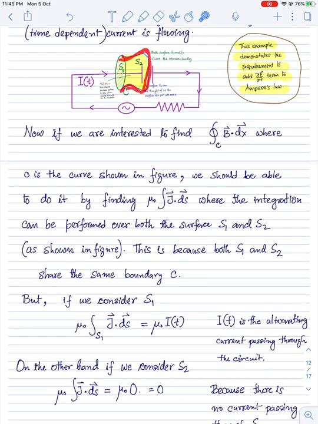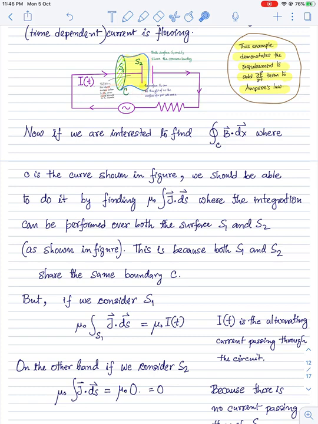Okay, so just like we could consider this S1 surface, we could also consider a surface which is like the surface of a pot. Imagine that this is like a pot, inside. So it just goes through the capacitor plates like this, and then it shares the common line C with surface S1. So this is the surface S2, which is shaded in yellow, and that goes through the plates of